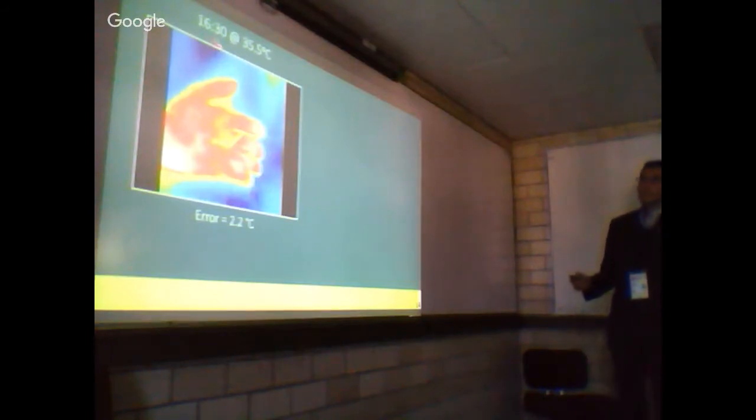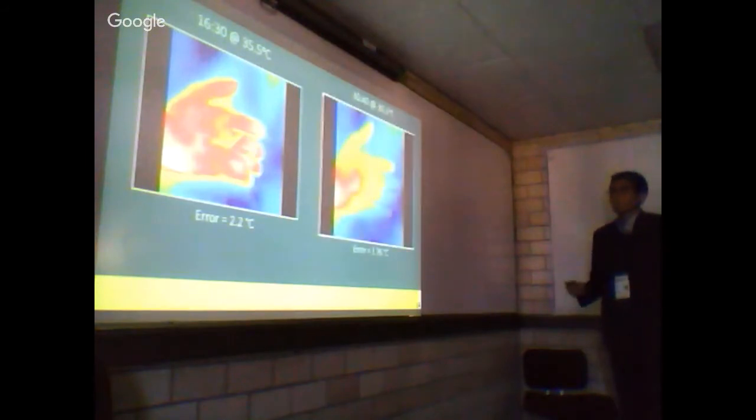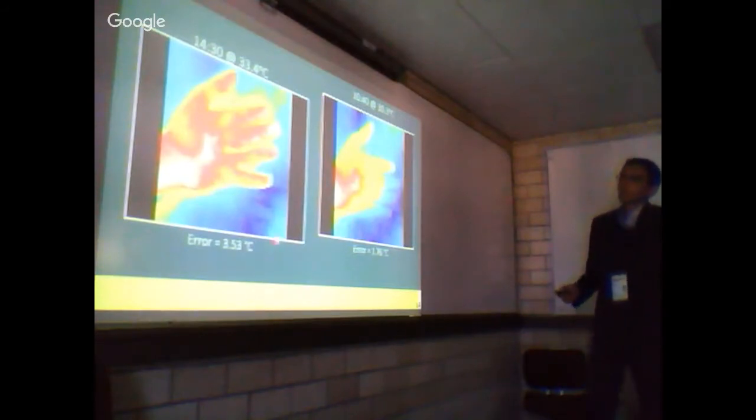As we can see, for example, at 16 hours and a half with an environment temperature of 35 and a half, we got an error of 2.2 degrees with respect to the thermocouple. At 10 o'clock, with a temperature of 30 degrees, we got less 0. And at 2 o'clock, we got more 0, because maybe we had less